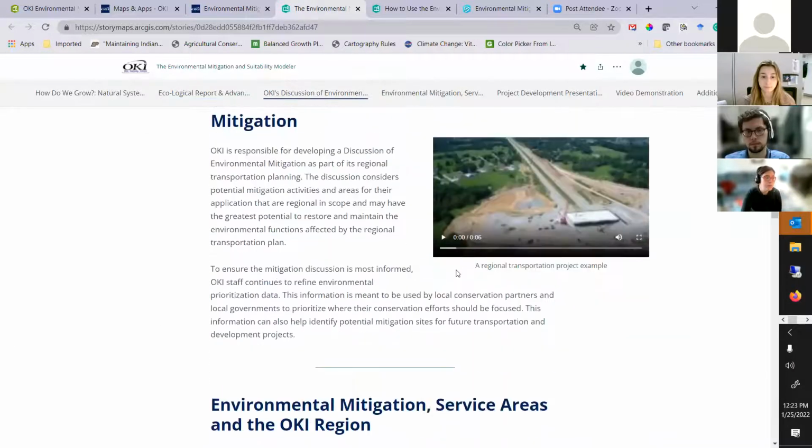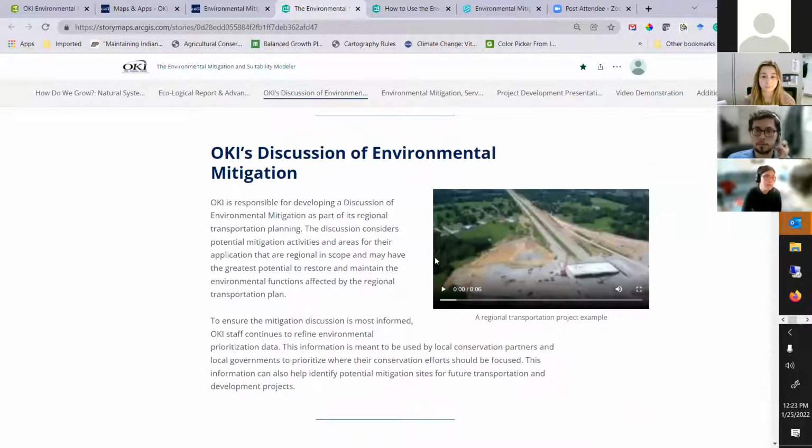So one of the things that came out: every 4 years, we update our long-range transportation plan. And those of you who are familiar with OKI, we are a federal pass-through for local transportation dollars. So probably somewhere in the ballpark of $30 to $40 million a year goes through our organization, and we allocate the funds for the local transportation projects based on communities applying for grants, and we evaluate the grants on